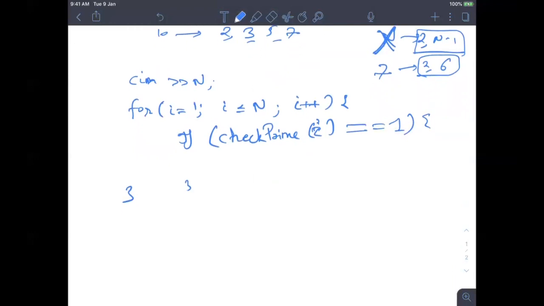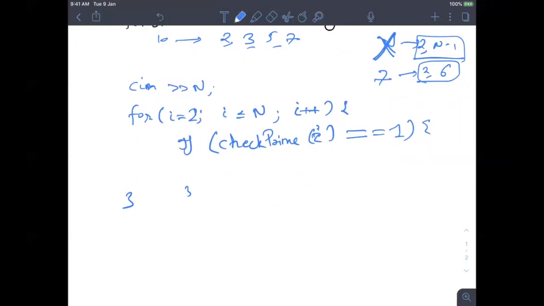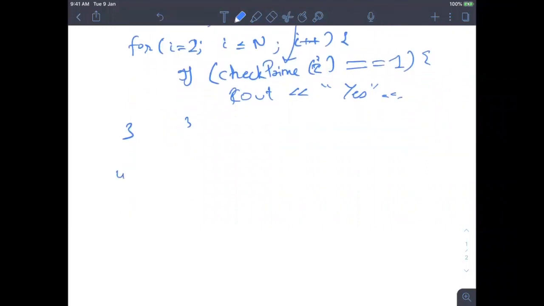As we know, 1 is not a prime number, so let's start from 2. And then we can print it with cout. Now the important thing is we have to write this function, check prime. How will we check a prime number? Let's write the code for it, very simple.